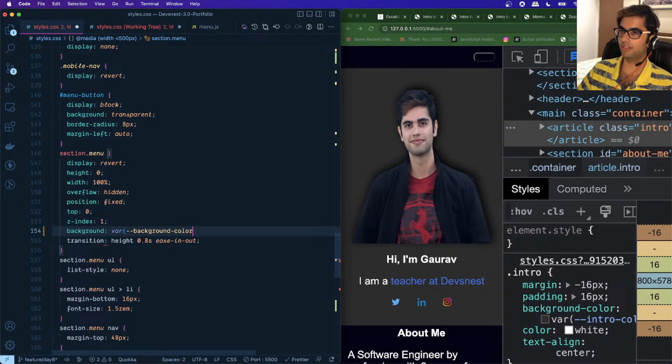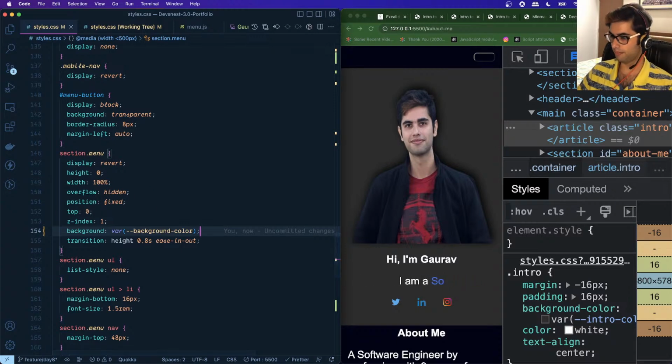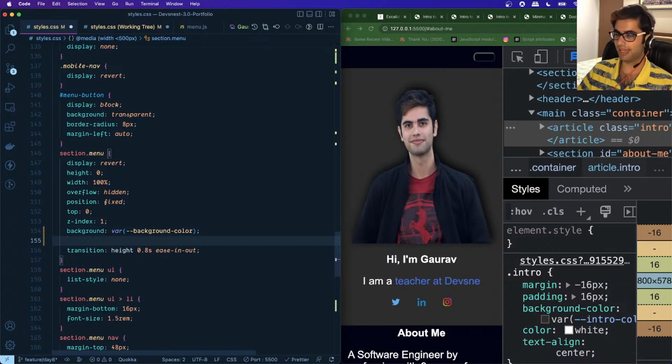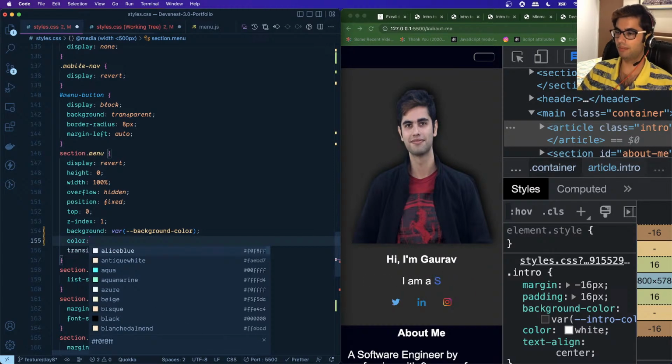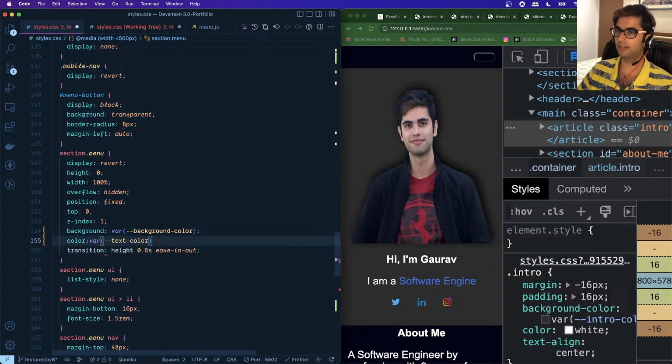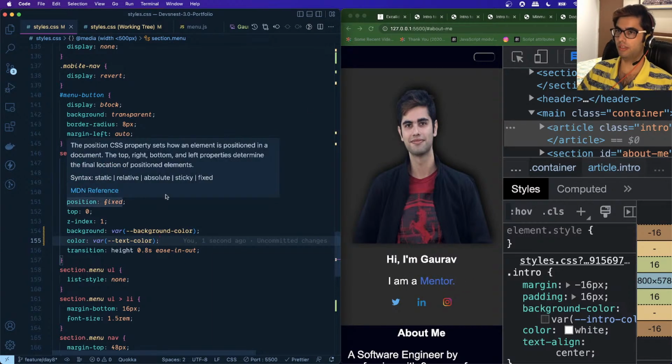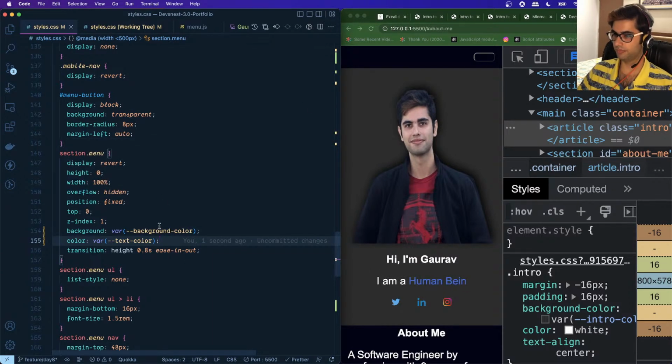To access the variable, we make use of the var property, and the font color should be picked up from the text color, right? So the color property we will set as text color like this,